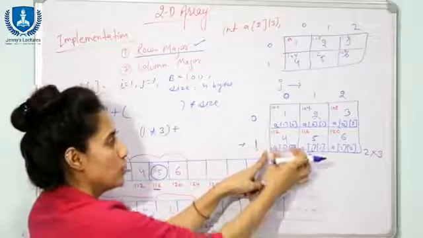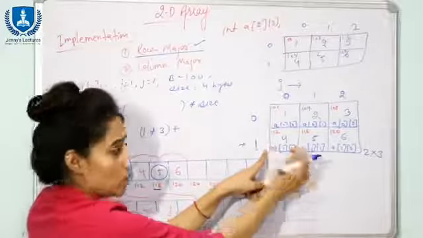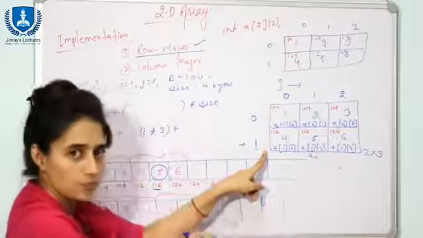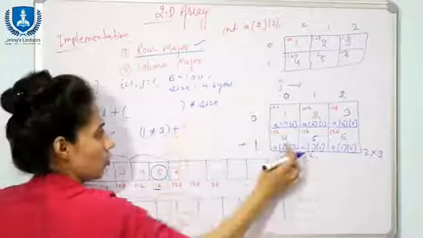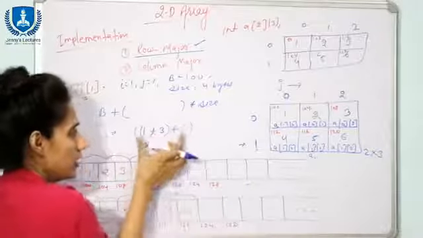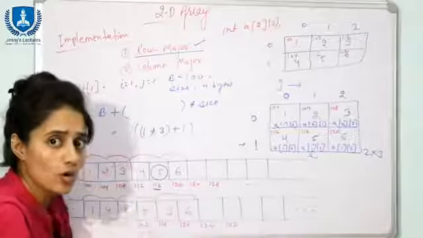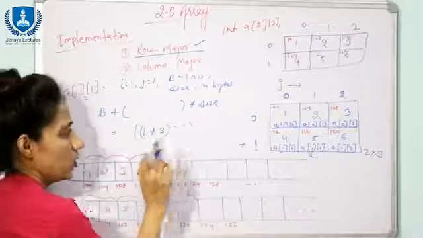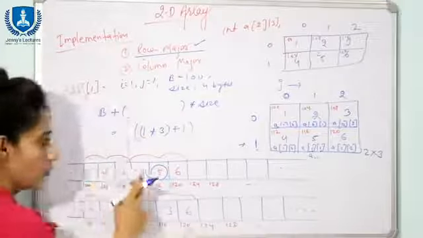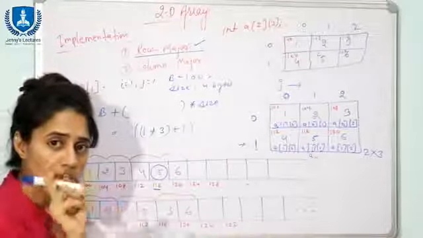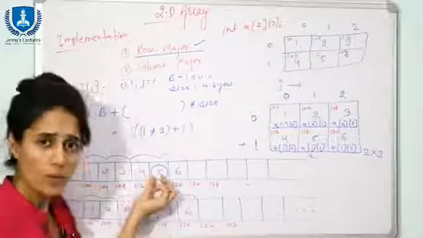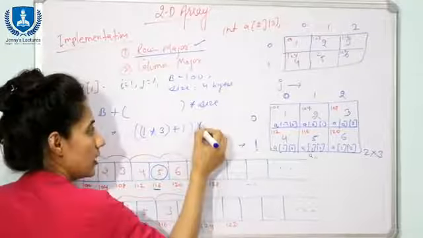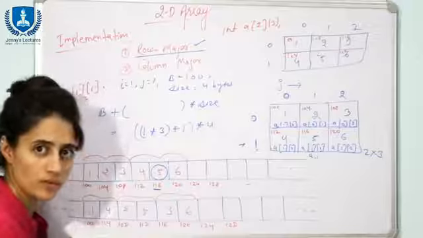How will you come to know that you are going to cross one element in this particular row also? With the help of this second subscript, the j value. So plus 1. Now these are the number of elements you have to cross to reach 5: 3 into 1, that is 3, plus 1, that is 4 elements. 1, 2, 3, 4, 4 elements. Each element takes 4 bytes, so you multiply by the size, 4.